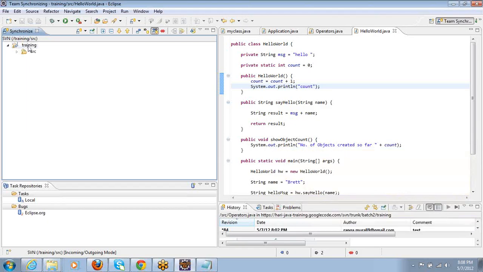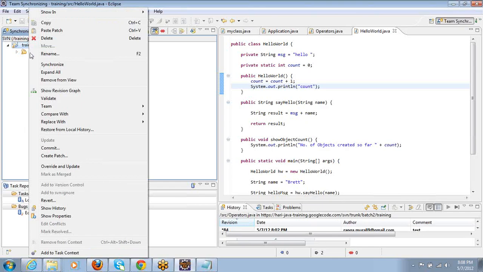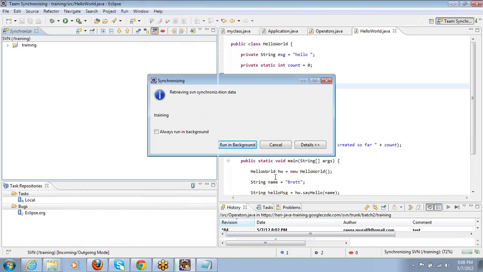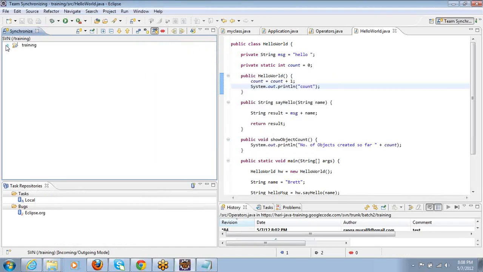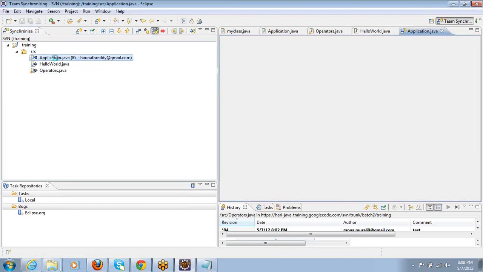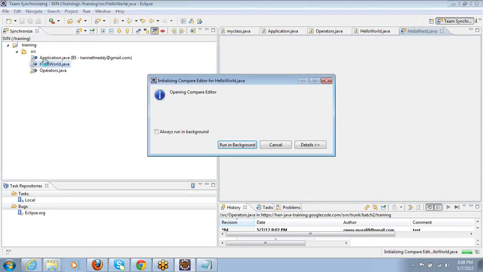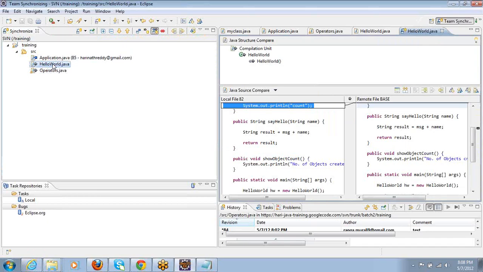Now what I will do is I'll do it once more. Perfect. When I do a synchronize, now it will show you. This is a very interesting thing. Okay. Now see that this blue one says that there is a change on the server, because parallelly I was working, and I did some change. And the other one, this black right arrow, actually means that some change happened locally, that is in Murli's computer,